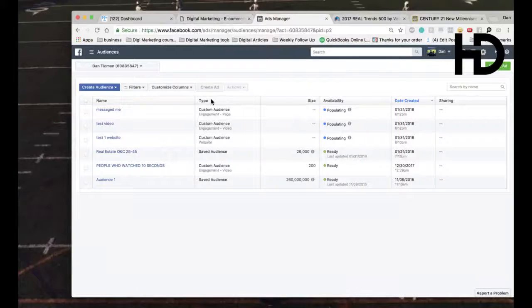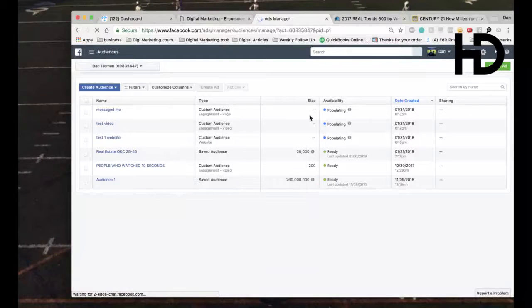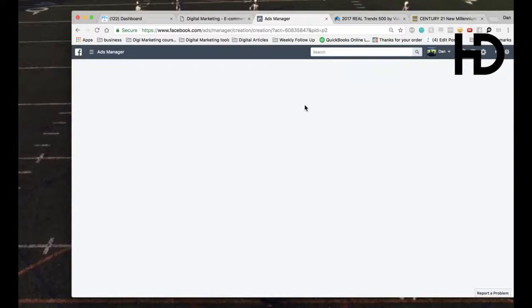So now that we have these things all ready to go, they're populating. It takes a little bit to populate. And I don't know how big this audience is. It could take forever to populate. So now we could go in though, and I could actually go select that audience for creating an ad around. So if I do create an ad,